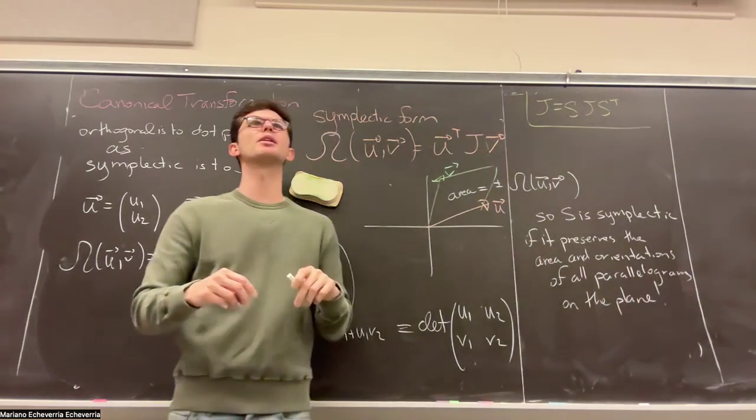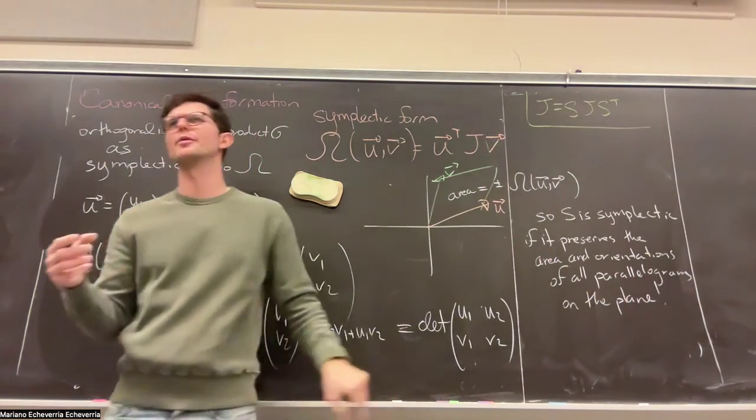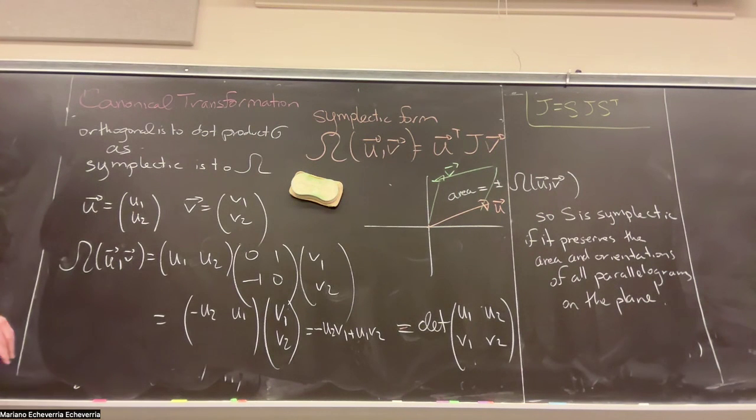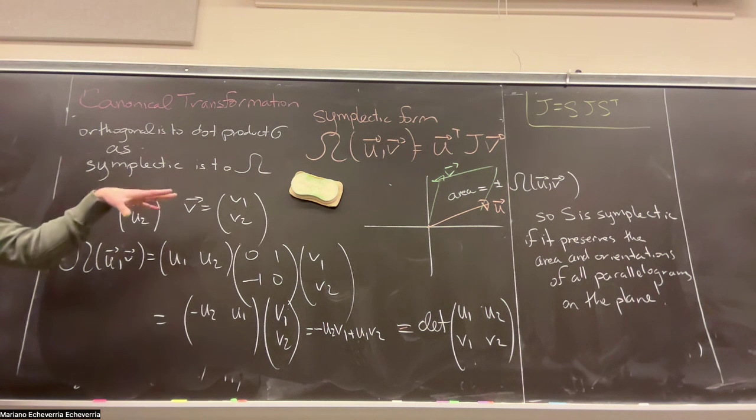Okay, is that making sense? So that's why this is related. If you remember the syllabus I had written, symplectic geometry is kind of like the study of area in a sense. So this is where, at least in the 2 by 2 case, the area comes in